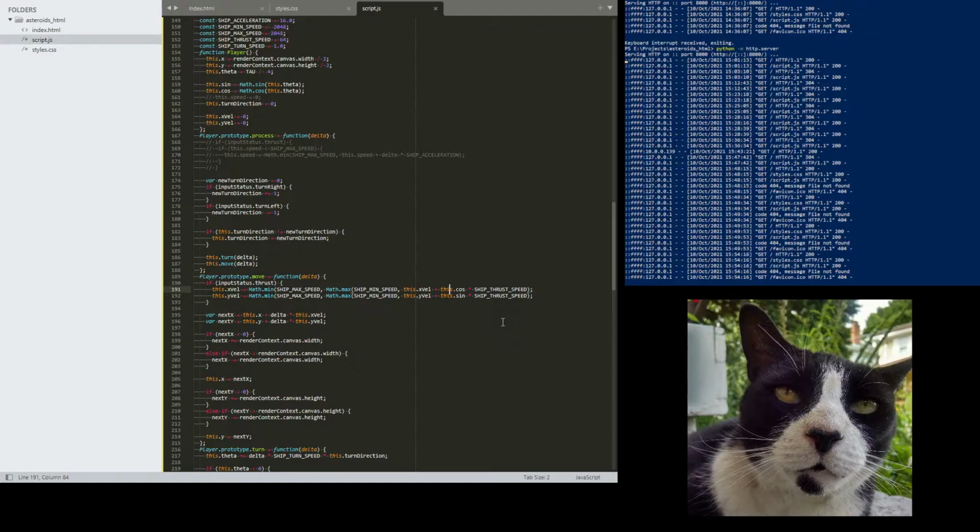This will take some testing, of course, but I think... Oh, you know what? I should do delta. I should include delta in this. We should be adding delta times cosine thrust speed and delta times sine thrust speed. Okay. So what this should do is whatever the current x and y velocities are, we